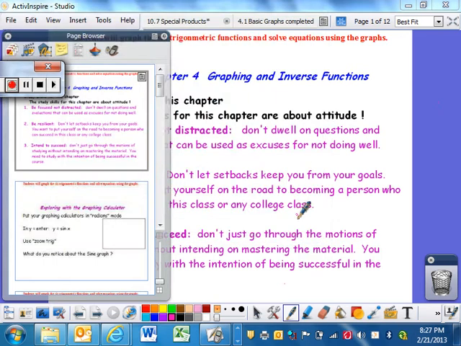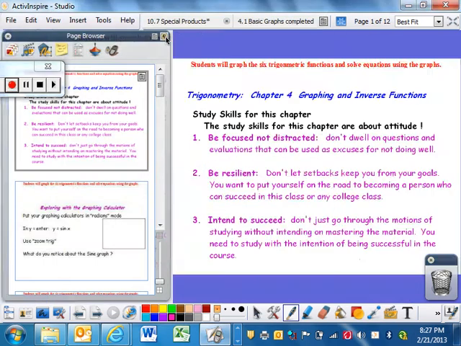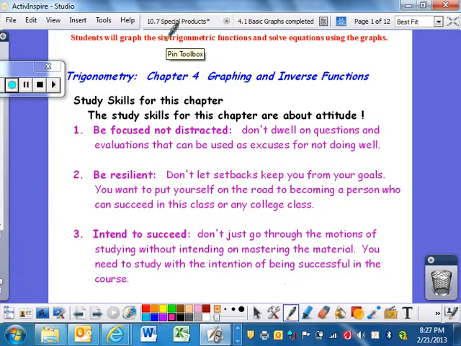Alright, this is section 4.1. We're going to start chapter 4. This is all about graphing and doing all of the things involving the graphs of trigonometric functions. So all 6 trig functions we have talked about, we are now going to graph. From past experience, this is definitely the most intensive or difficult chapter that you will